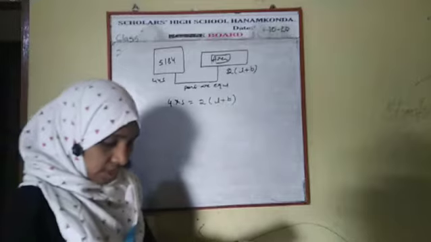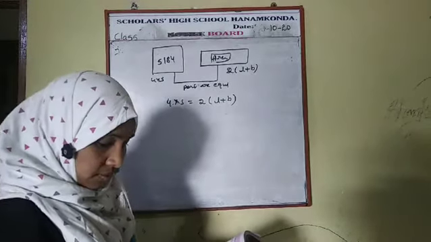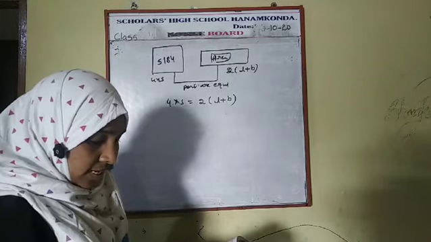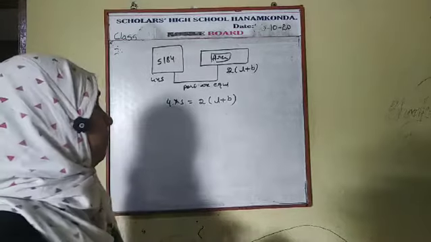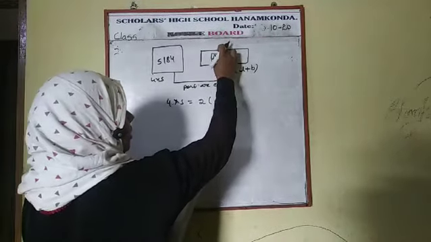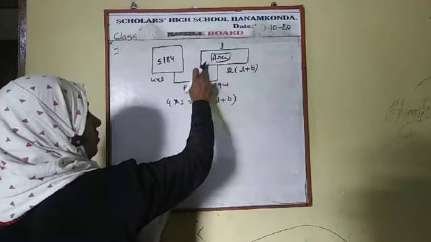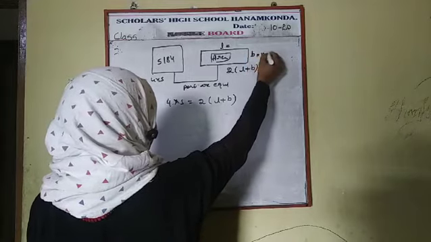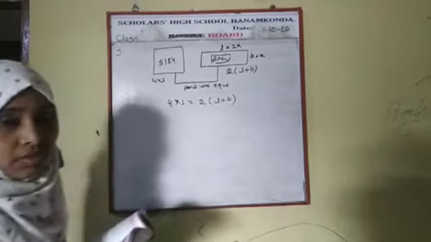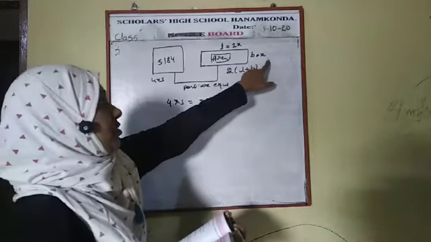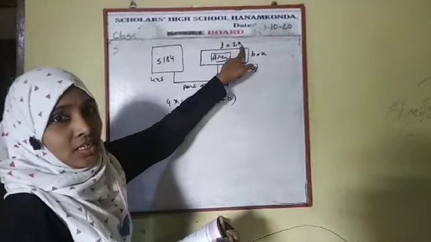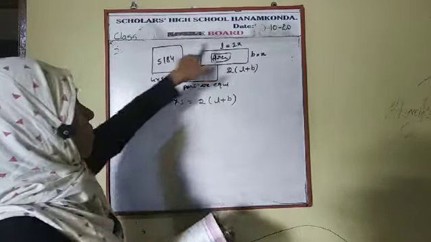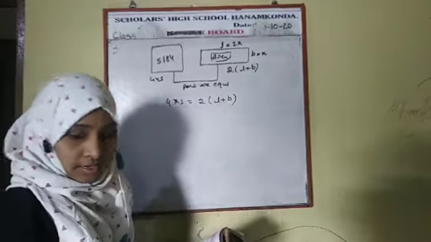Whose perimeter is equal to the perimeter of a square field, whose length is twice its breadth. That means the length of a rectangle is twice the breadth. That means breadth is x and length is 2x. Here one hint is given: breadth is x, then length is 2x. This is the given information. So we have to find the area of this rectangular field now. Okay. Now write down.